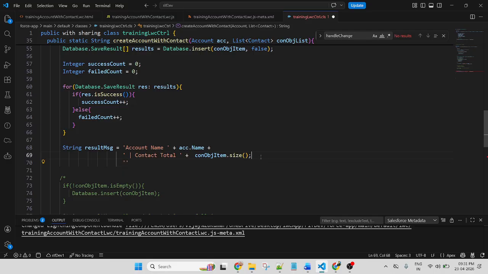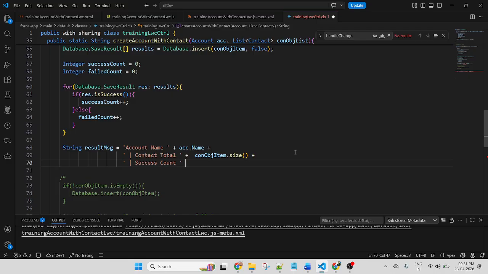So I do not want a semicolon, use plus. Then use a separator to identify, and success count.